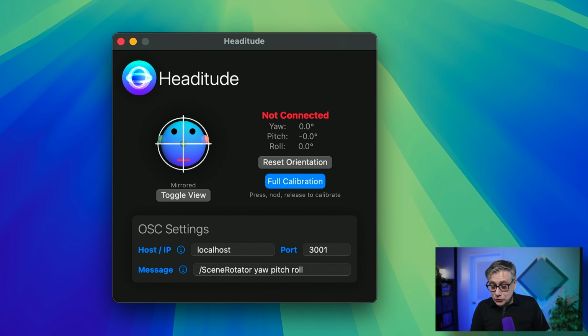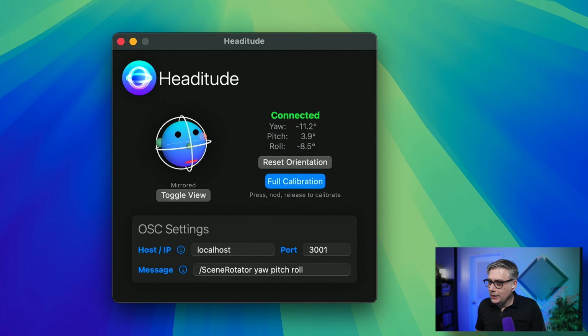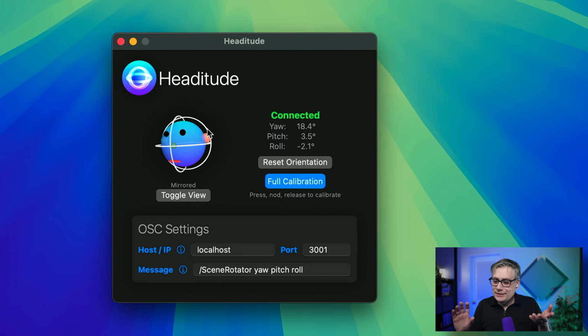And with that, what we now need to do is we need to kind of put on our AirPods. And as soon as I put on the AirPods, it will actually tell me that it's connected. And as you can see, you see this little head here. And I actually like the way this is visualized. Usually what you see is a weird dummy head, and I don't like that. This is actually really nice.